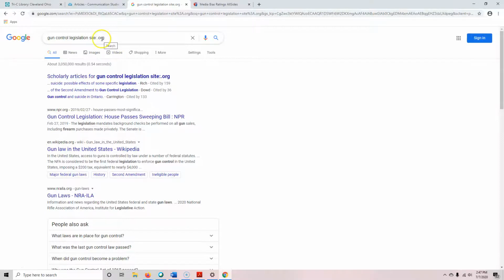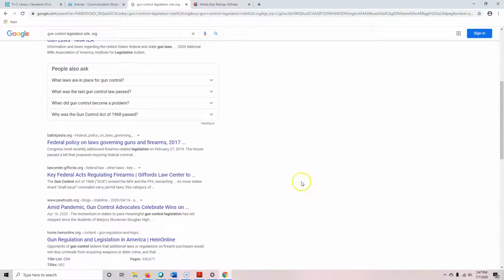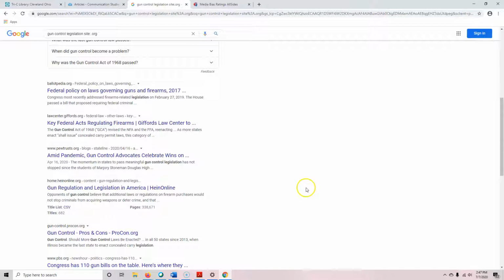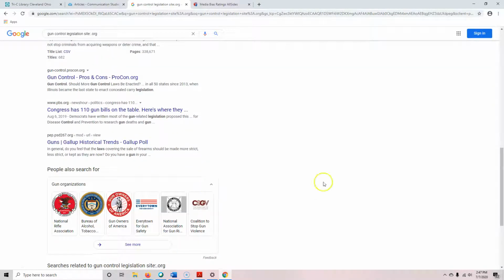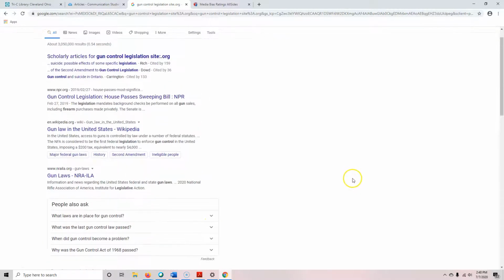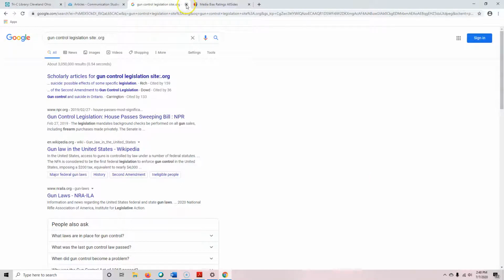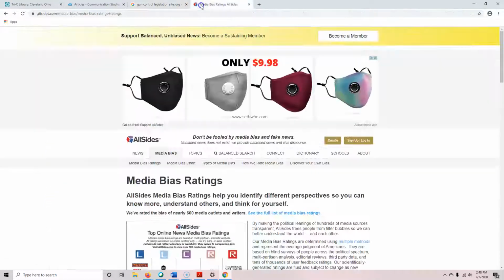Just be aware that if you do limit it to .orgs, you're going to get some awesome resources like think tanks. You're also going to get very liberal or very conservative organizations as well. So if you're looking at .orgs for kind of controversial topics, make sure that you look at the About Us section of those websites. All right, so to get a citation for a website, there's a thing out there called